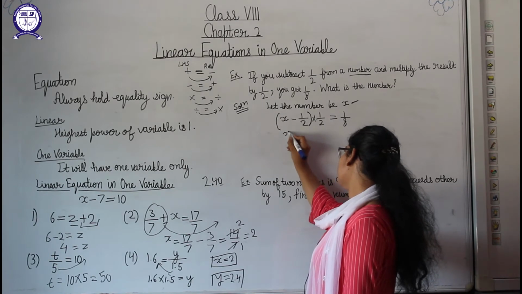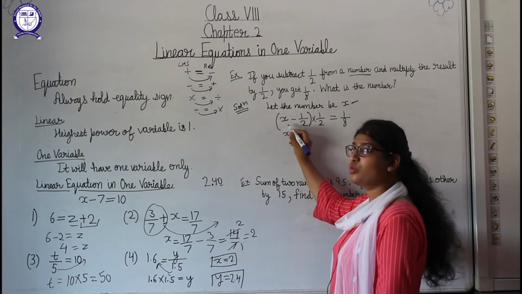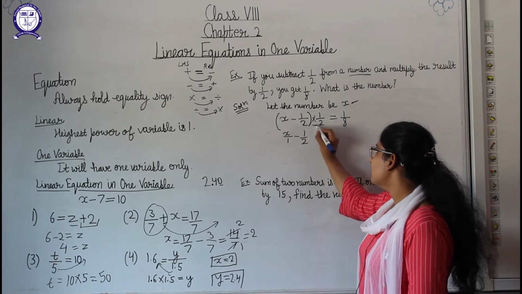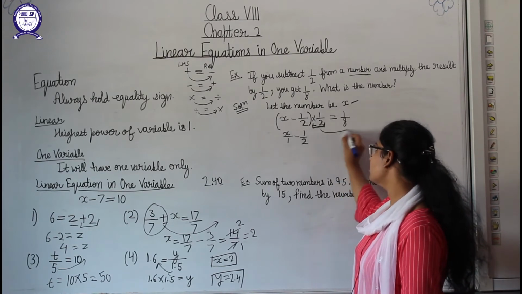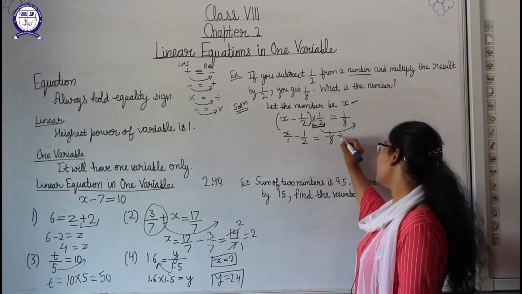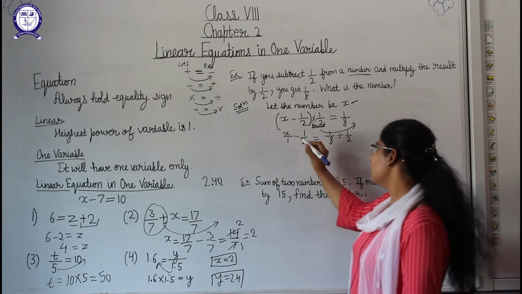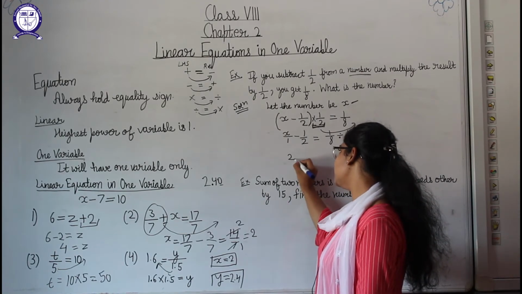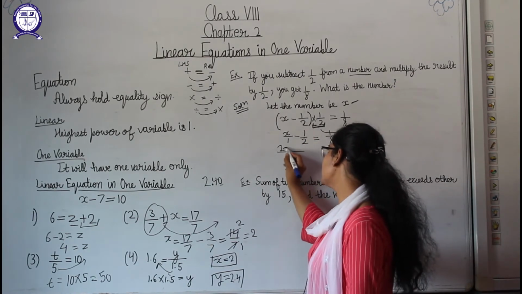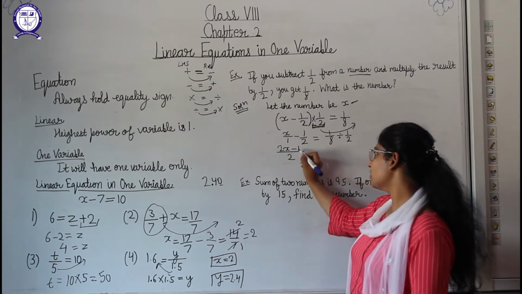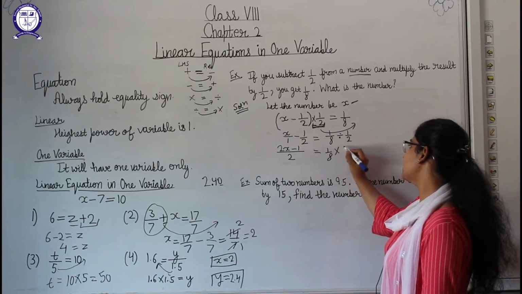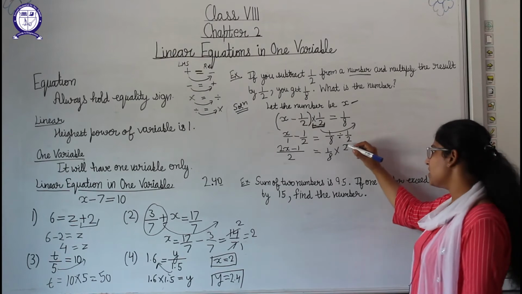Okay, here we can write that as x has no denominator, so we can write x by 1 minus 1 by 2, and as here 1 by 2 is multiplying, so on that side it will be divided, so equals to 1 by 8 divided by 1 by 2. Okay, now here we will take the LCM of 1 and 2, which will be 2. Okay, here 2 divided by 1 gives us 2, and 2 into x gives us 2x, and here it is minus 1. Okay, equals to, now as we have to divide this, what can we write? 1 by 2 multiplied by 2. This is how we solve the division.